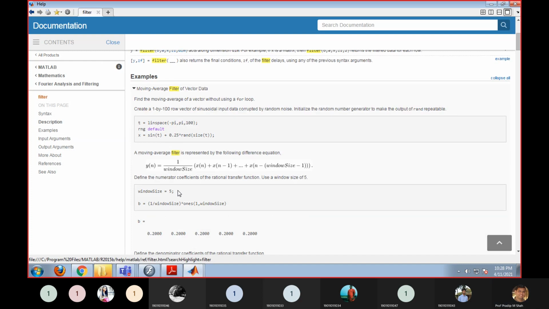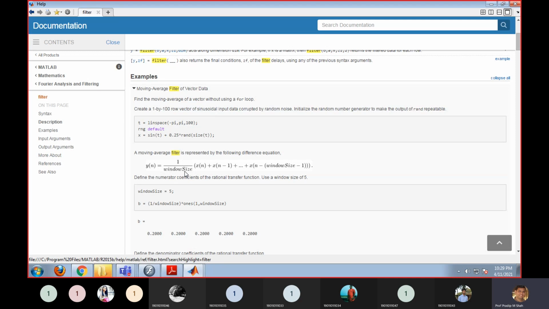Okay. Now we need to take one of our systems, particularly the moving average system. We are going to define the system in terms of y of n. The averaging means here we are taking x of n, x of n minus 1, and so on, divided by whatever the size is.